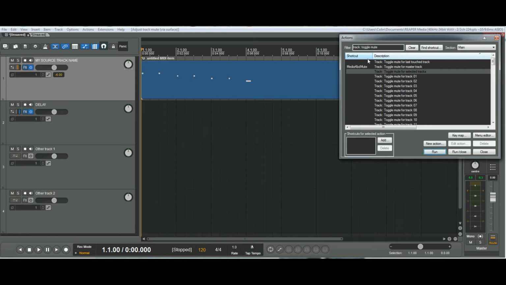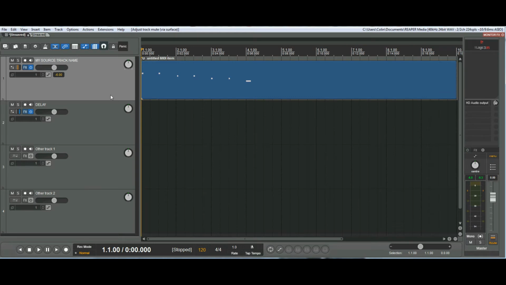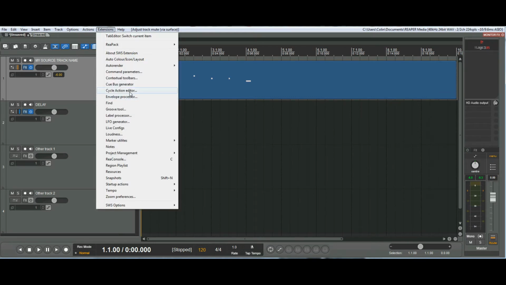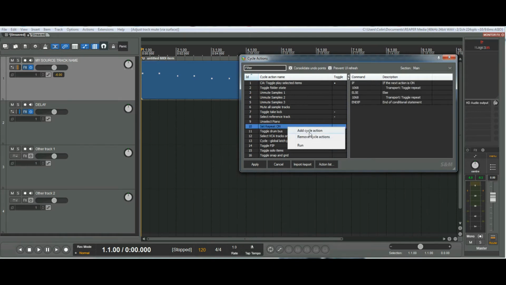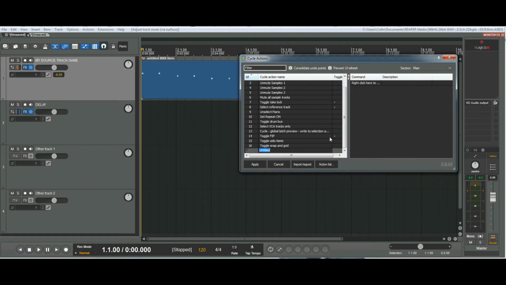Now, another option would be if you always want to toggle that particular track with that name, then you can do that as well, even if it's not selected. To do that, you need SWS installed. Go to the cycle action editor, right click anywhere, add cycle action. Let's call it mute my source track. Right click here,